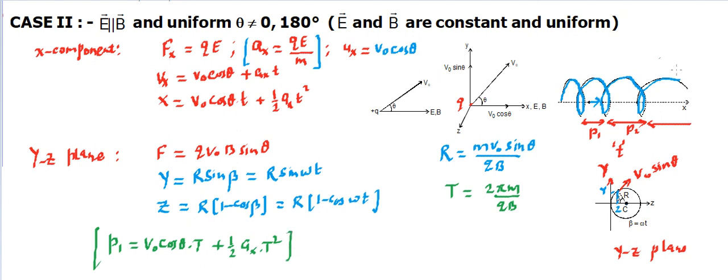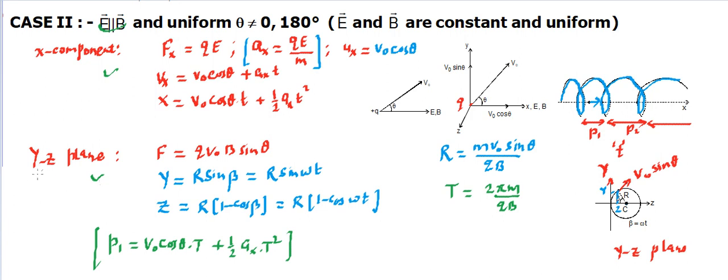If it is asking for the second time interval or second time period, you know the kinematics. You just find the velocity, the initial velocity after one time period, and then use x is equal to ut plus half a t square, and you can find this for the next time period. So here, when they were parallel and theta was not 90 or 180 or 0, the x component can be solved separately, and the yz plane can be solved simultaneously.